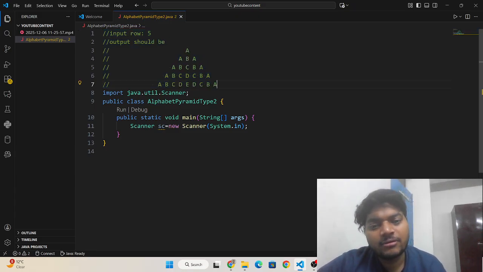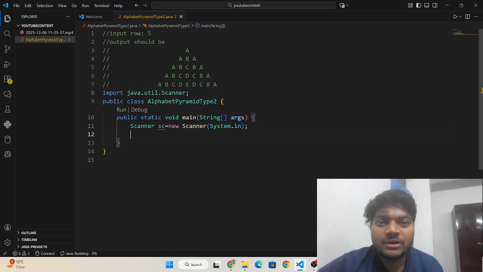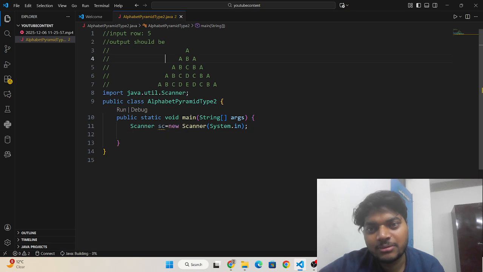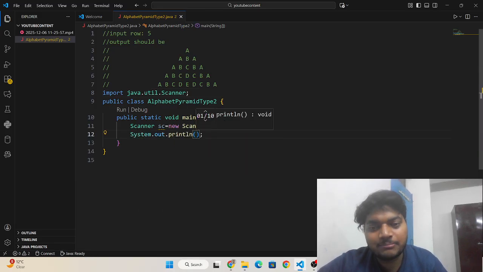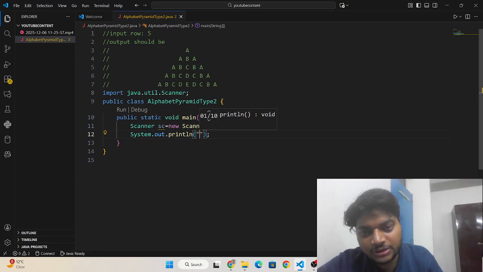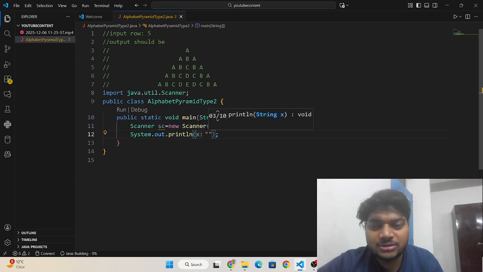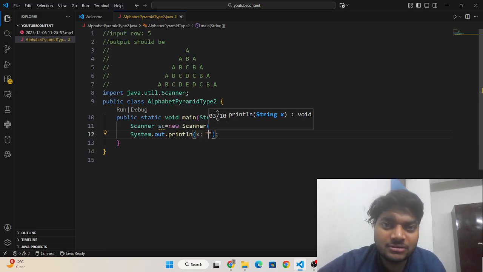Now I'm going to first ask the user to enter the number of rows. I have entered 5 rows, so for 5 rows we have an alphabet pyramid. To write a message I am using the output statement, System dot out dot println, which is used to print output.